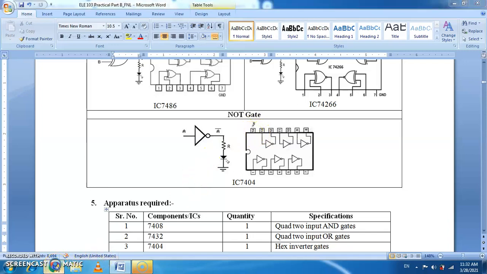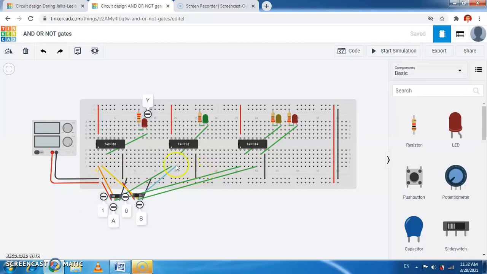Now let us start the simulation. Now here we apply inputs 1 and 2 to all the gates. For the inverter we apply only one input, the A input, because it has only one input, and the output we take here. And we take one more NOT gate. So this is pin number 5 as the input, and pin number 6 is the output, which is connected to this. Here we take the 2 NOT gates. So let us start the simulation.